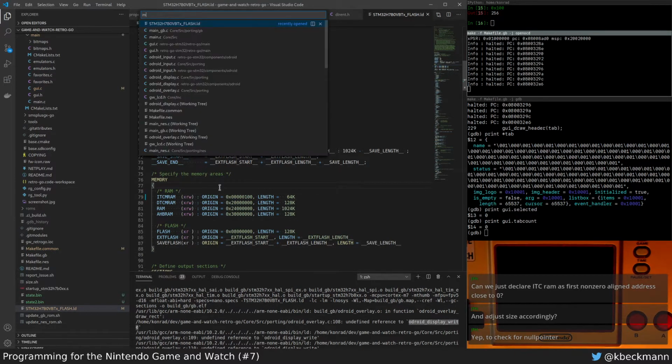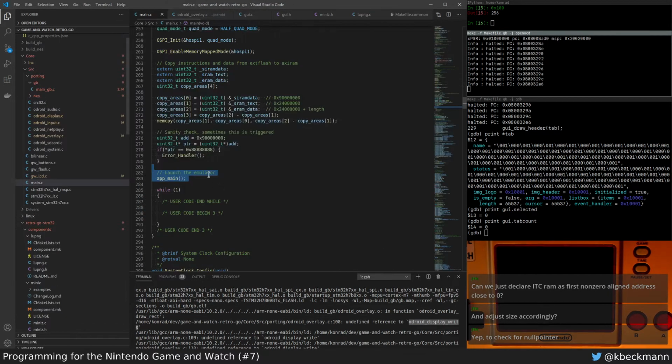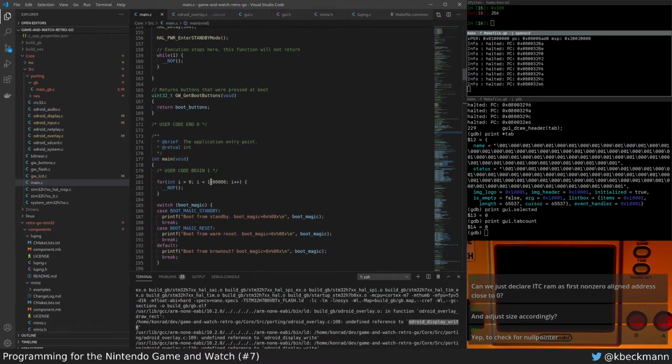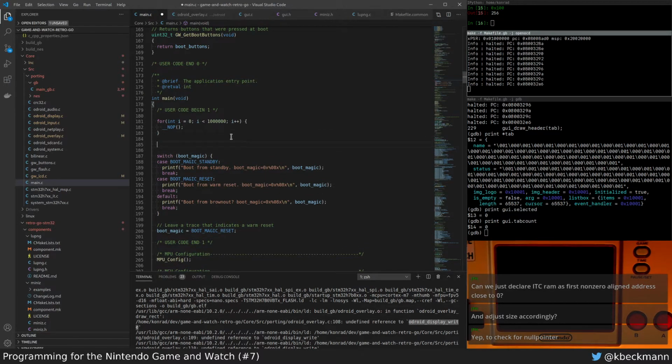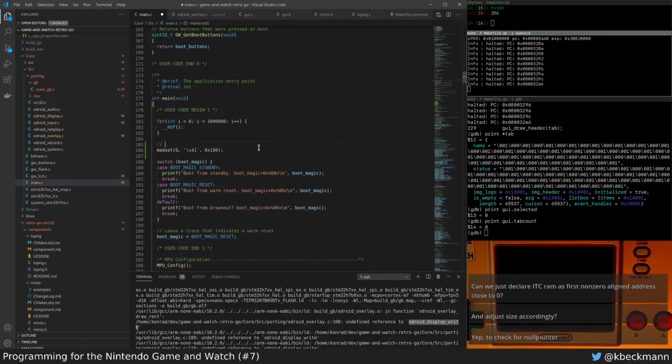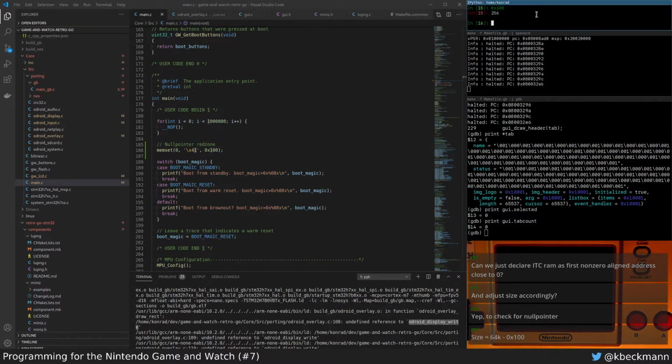in the startup script or in the main file, in the very beginning here, like after this, let's do a memset to the null pointer. This looks so funky. And just put a bunch of A's, 256 or 0x100. Yeah. Let's call it null pointer red zone. So hopefully, if you dereference a pointer like this,